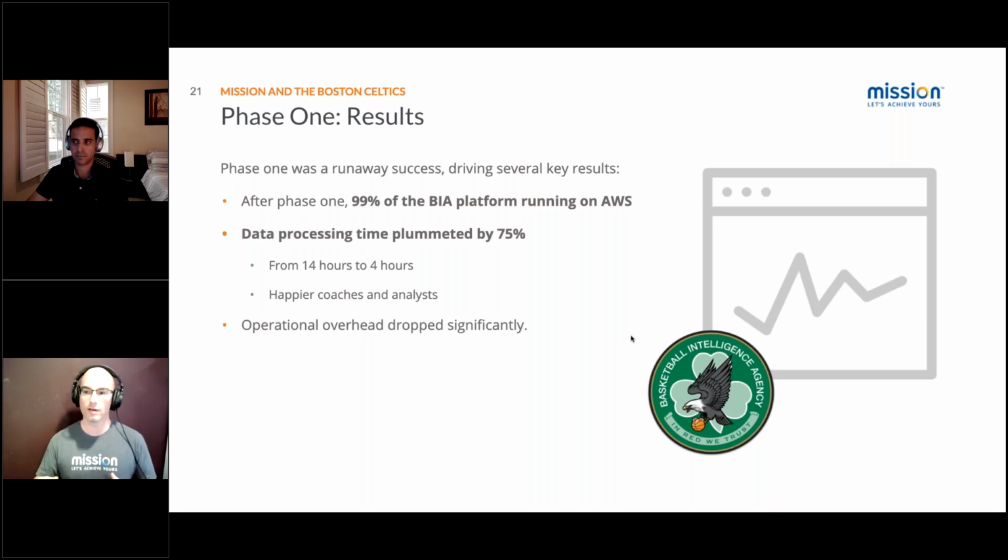What used to take overnight, where you'd start the tape backups before going to bed and hope it was done when everybody woke up in the morning, now took 4 hours. They were able to move everything even closer to when the event actually happened, which was huge for them.